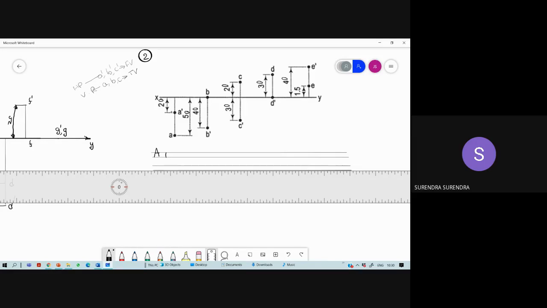Point A is 20 mm below HP. What about A's top view? The top view is also below the X value. When is the top view below the X value possible? In the top view, when the point is in front of the vertical plane. So it is in front of the vertical plane, below HP, and